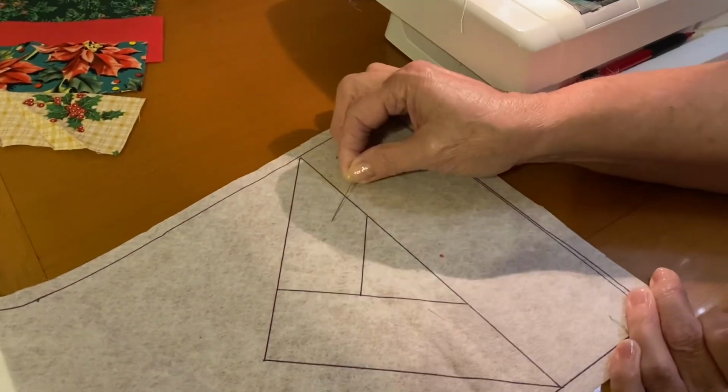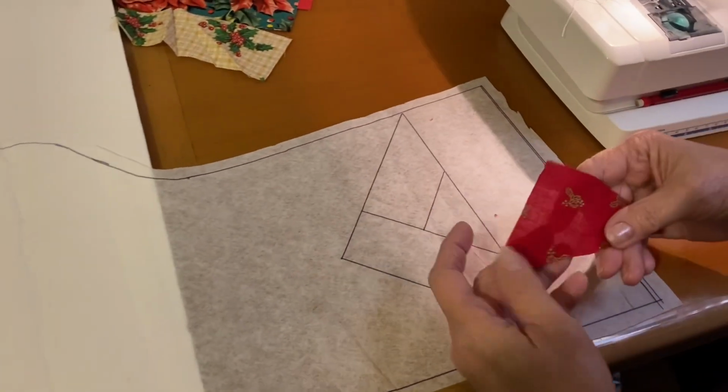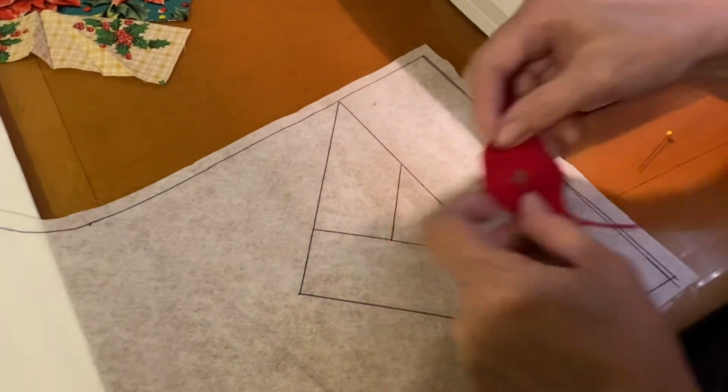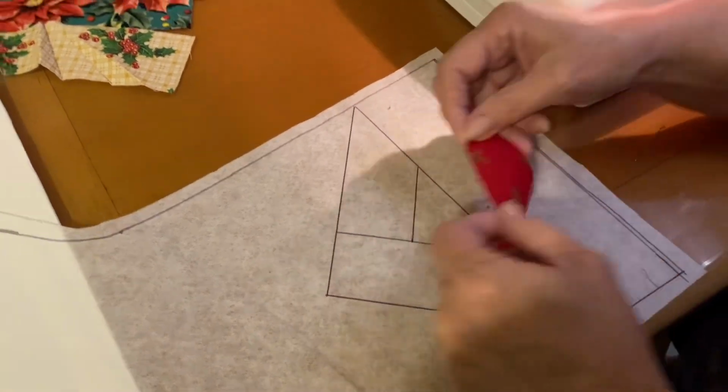By making the beginning, the balance can fall in place. We want the triangle, and then we'll start our chevrons next. The triangle needs to sit over the edges